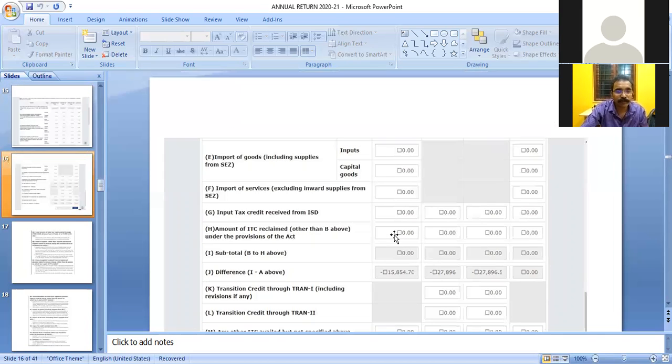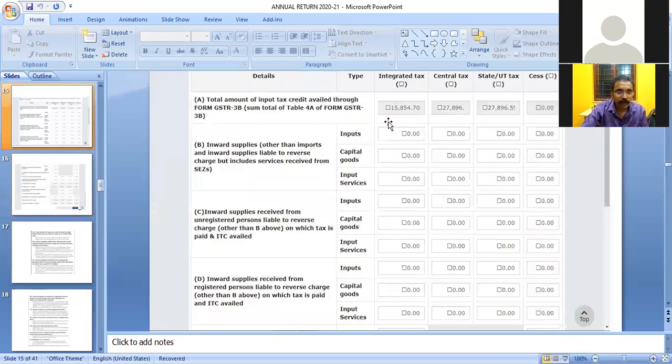For example, if total ITC is rupees 2 lakhs and ITC reversed is rupees 20,000 and ITC reclaimed is rupees 11,000, then rupees 1,80,000, net of 2 lakh minus 20,000, can be shown